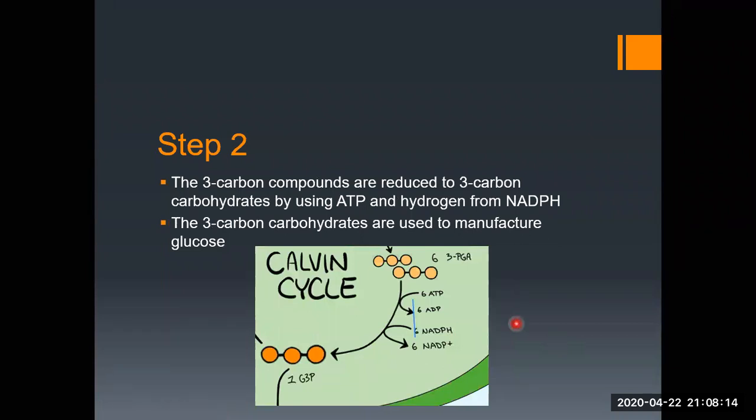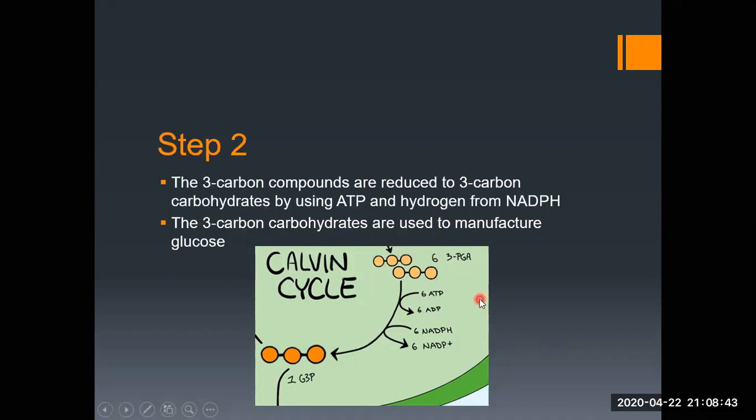Each 3 carbon compound is reduced to a 3 carbon carbohydrate by using ATP and hydrogen from NADPH. This ATP and NADPH are coming from the light reactions of photosynthesis, while the 3 carbon carbohydrates are used to manufacture glucose. Like you can see here,